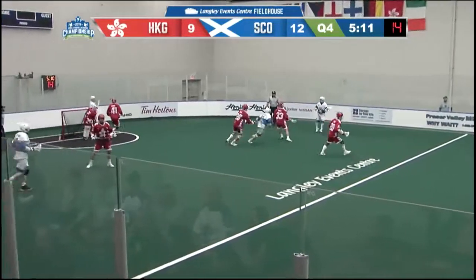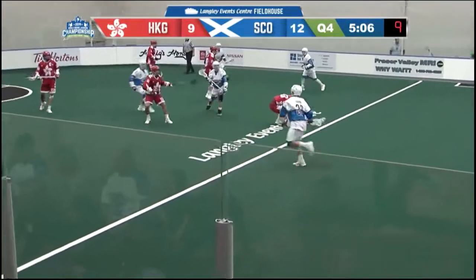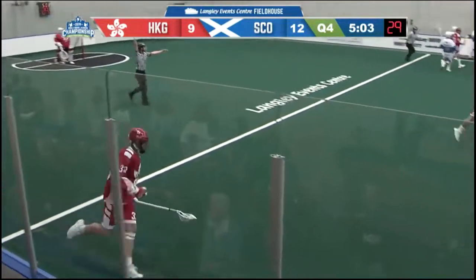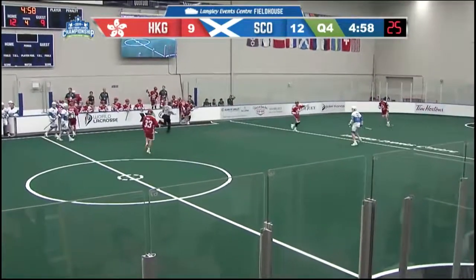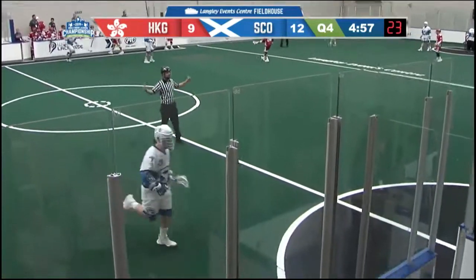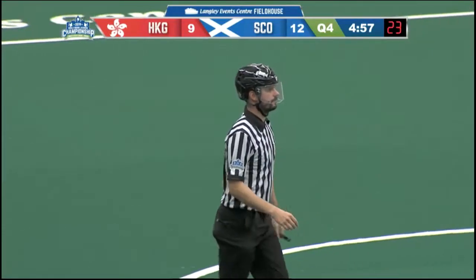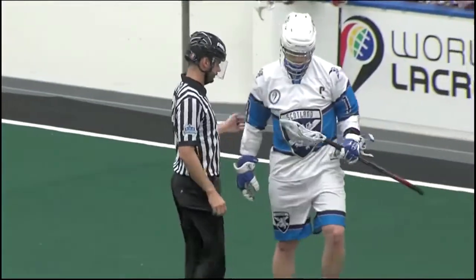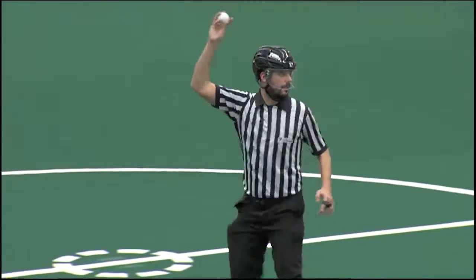Scotland getting set up. 13 left on the 30. Center of the floor with the ball, Johnny Shaw, but Scotland turns the ball over before Shaw can do anything with it. And now whistles at both ends of the floor as the back official with the penalty call, Martin. At 11:03.